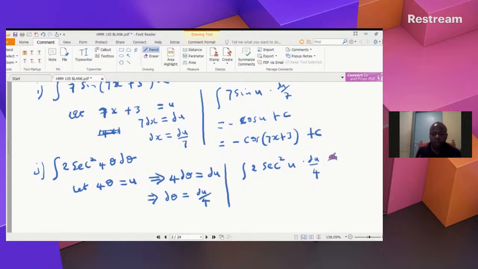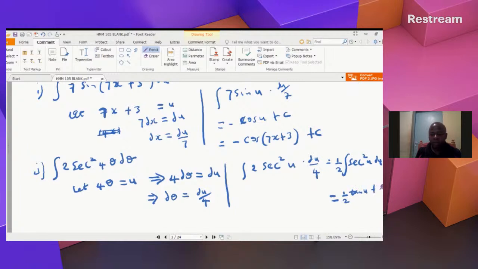So when you take the constant outside, you get half the integral of sec squared u du. But the integral of sec squared u is tan u. So this will be half tan u